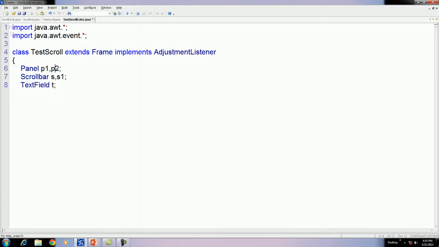Here we again have two panels, we need only a single scroll, therefore remove S and one text field. Okay, here we have one more object of color.